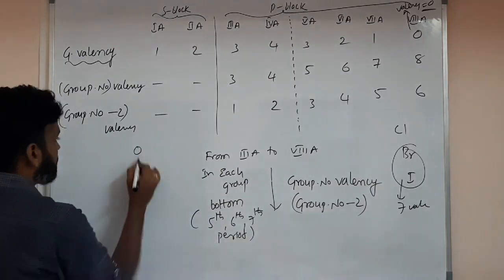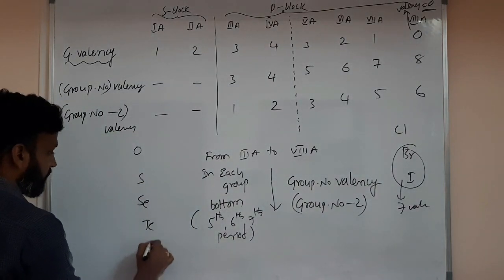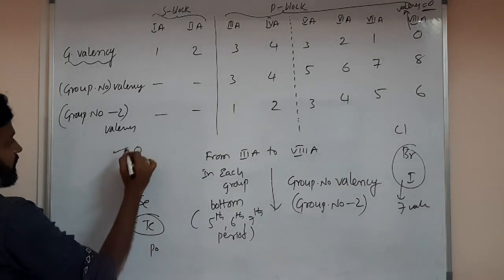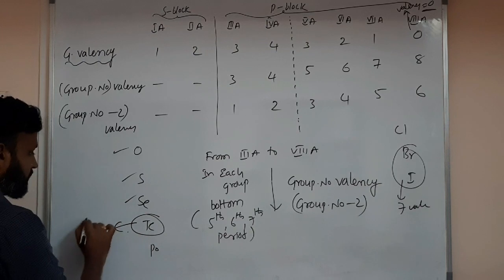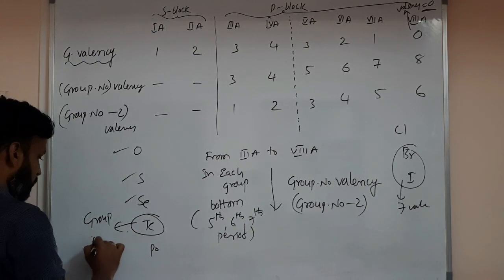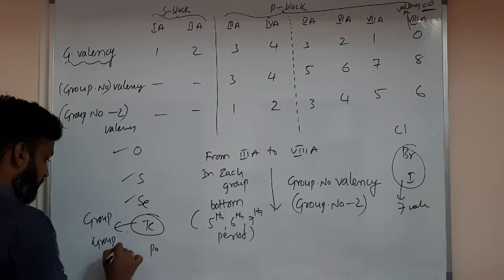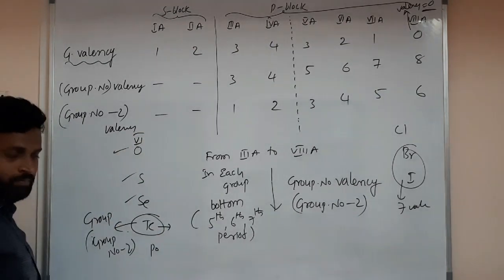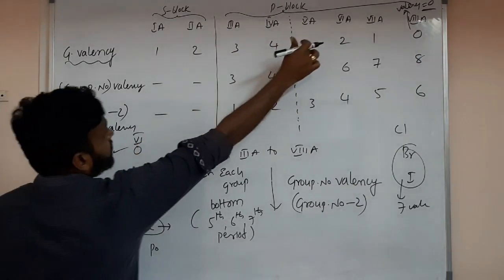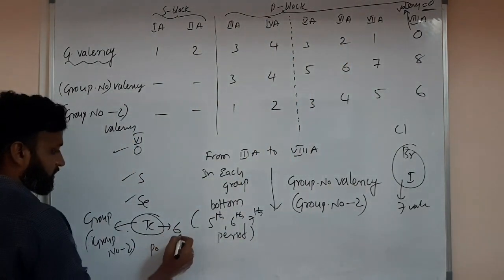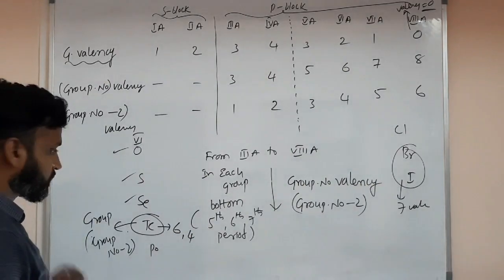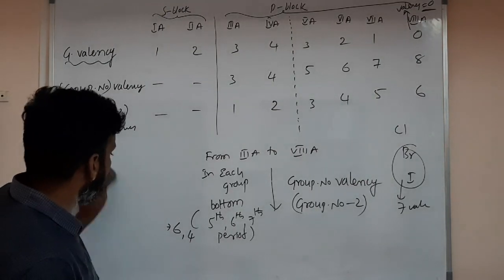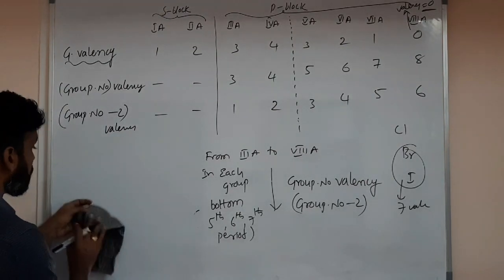Like oxygen, sulfur, selenium, tellurium, polonium. Polonium is radioactive. So tellurium can exhibit, say, second period, third period, fourth period, fifth period. These exhibit group number and group number minus 2. So what is the group number? The oxygen family means 6. The general valency for 6A is 2. Group number valency means 6, and 6 comma 4. Understood? So group number and group number minus 2 valencies are possible as going down.